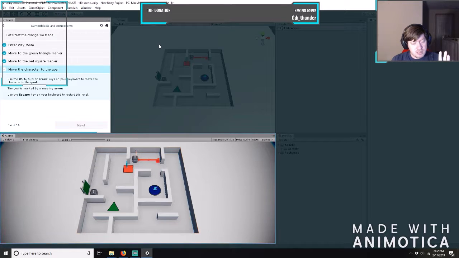because the concept is, while we had to add the physics, the rigid body, to Box 1 and Box 2, stating that they have to be susceptible to physics, what the tutorial isn't helping you with is the fact that the platform and the little red pusher here is also dealing with physics in some fashion or another. The platform is using physics to hold the 1 box, and the little pusher there is using physics to push